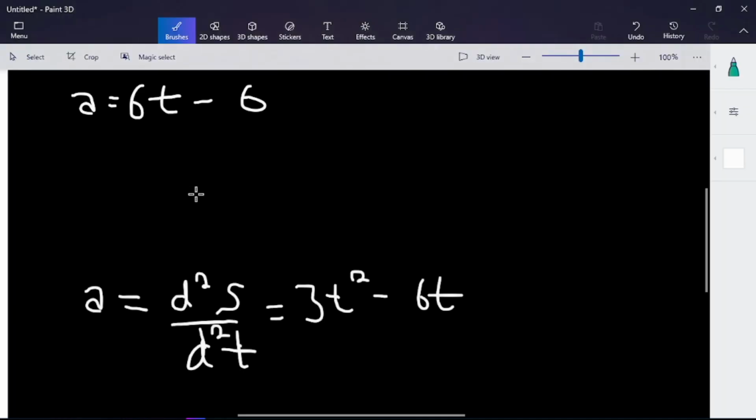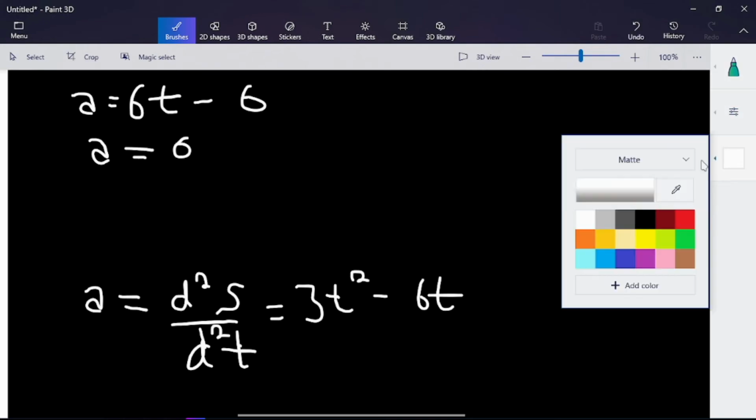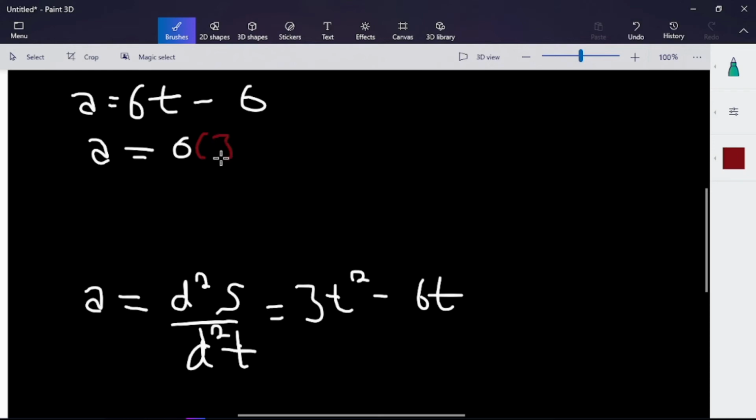So my time is 3. So I'm going to simply say a is equal to 6 times 3, minus 6. So then therefore my acceleration is 6 times 3, that is 18, minus 6, so my acceleration is 12